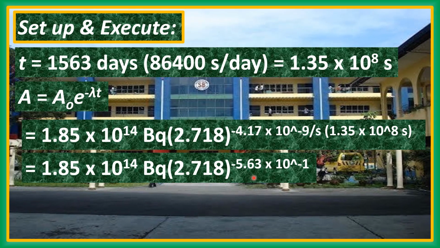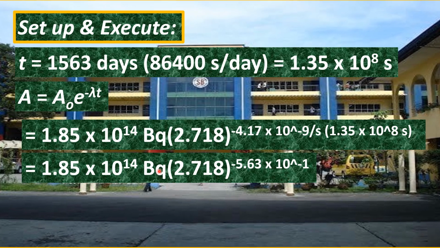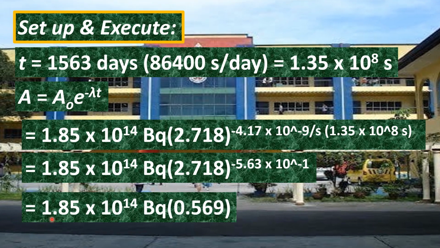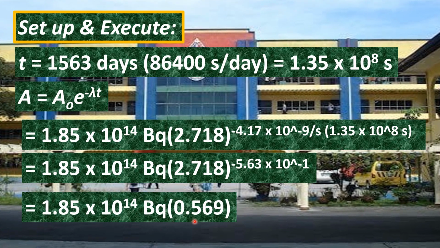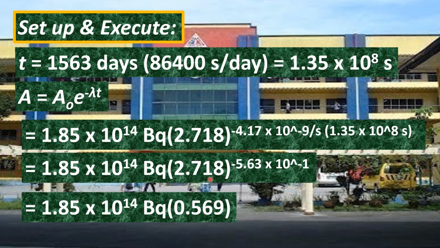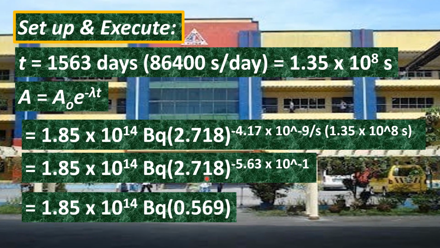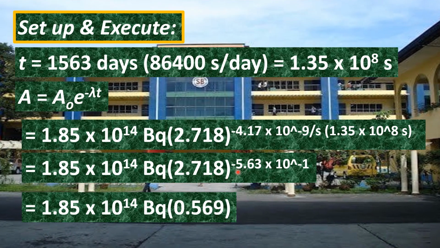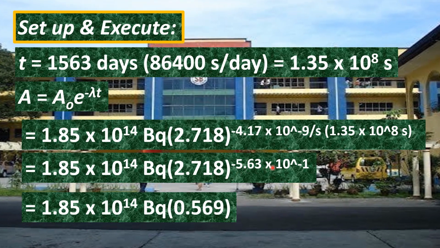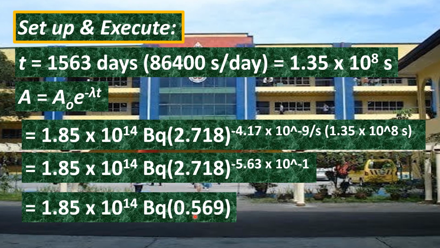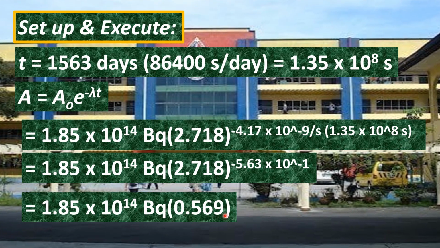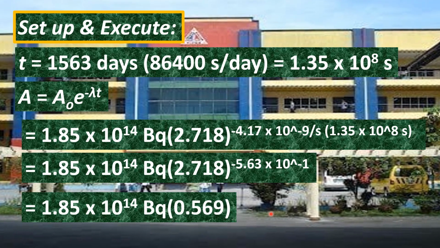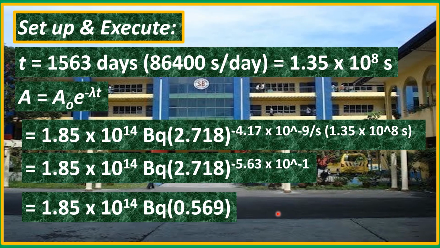And further simplification of this will give us 1.85 times 10 to the 14th becquerel times the result of getting the value of 2.718, Euler's number, raised to the negative power 5.63 times 10 to the negative 1. We get 0.569. All right. So when this is multiplied to A naught,